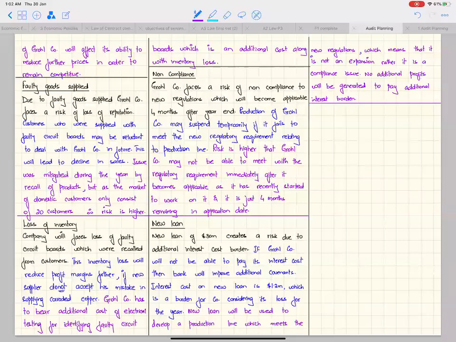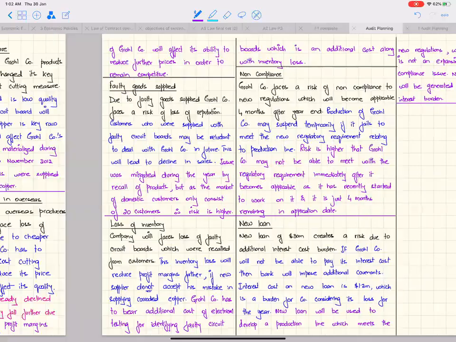So see, whatever risk I'm writing, I'm writing it in 3 steps. I'm identifying the risk, I'm writing its impact, and I'm giving an evaluative comment to the examiner, so that the examiner can understand that my risk is complete and it meets the assessment objectives which are expected by the examiner. Okay, are you getting the point?